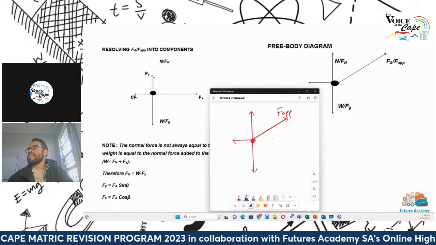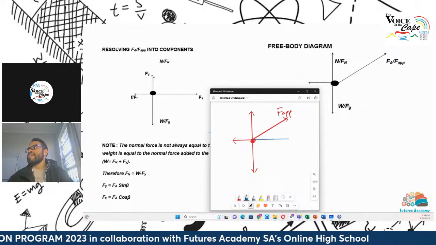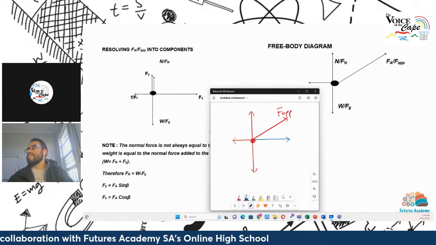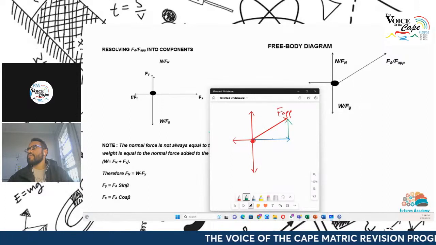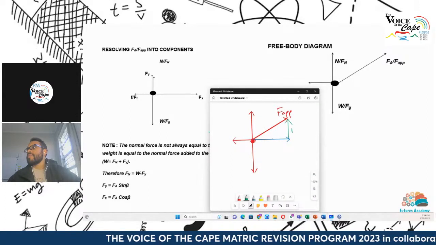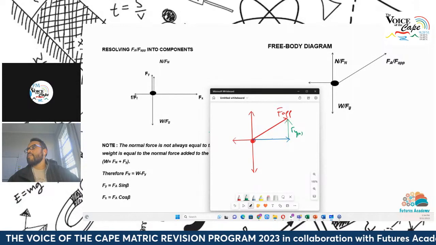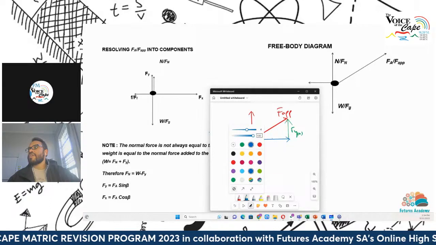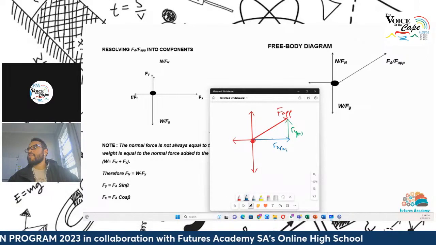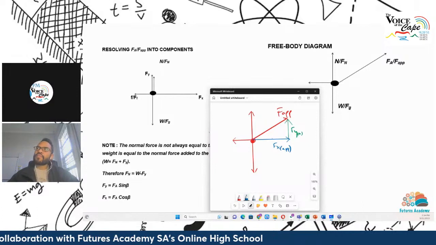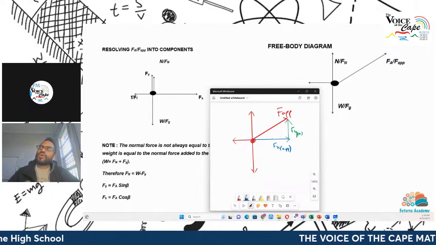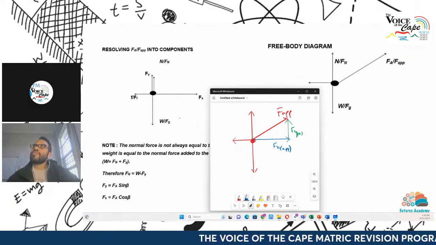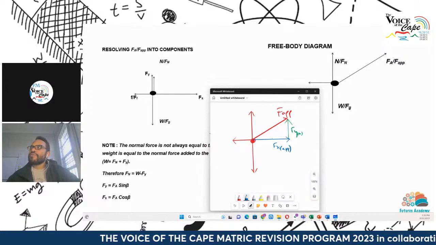So if I change colors, then from your vector addition rules, you look at this blue vector and you look at this other green vector that you have over here, then you know that this will be Fy applied of the applied force, and this blue one over here will be the horizontal component of the applied force, Fx applied. Now, when you get questions in the examination, you may be asked to draw a force diagram or a free body diagram, and you must indicate all the forces acting on it.